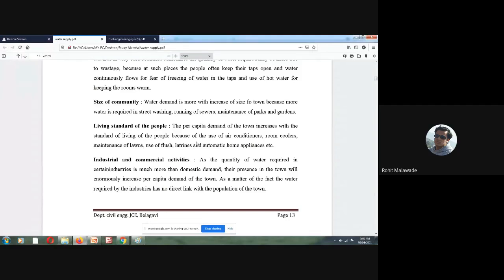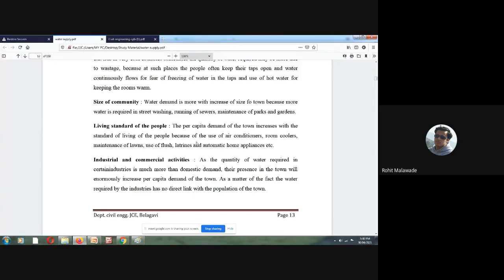Okay, as I was telling regarding the living standard of the people. Higher class people will be using, say, more huge veranda, lawn gardening, right? Again 2 times in a day in a bath, and again coolers, right? And again might be they are having a swimming pool, right? All these, and again use of flush latrines. So all these things will lead to higher standard of living, higher will be the water consumption. Next is